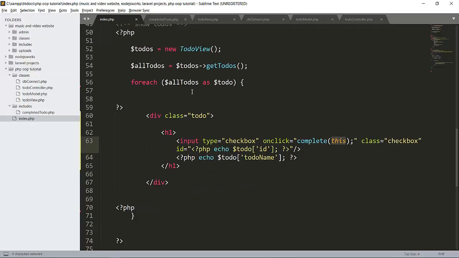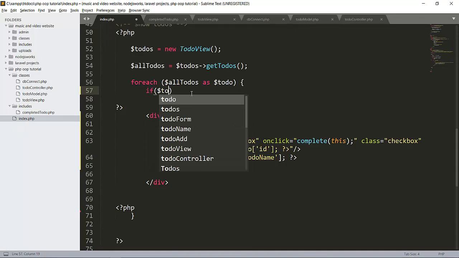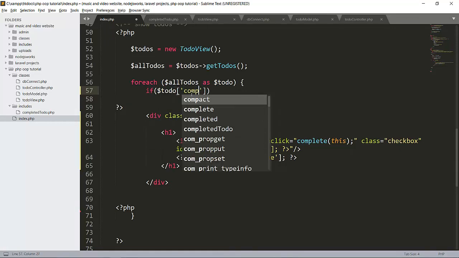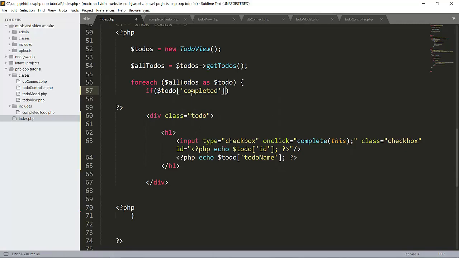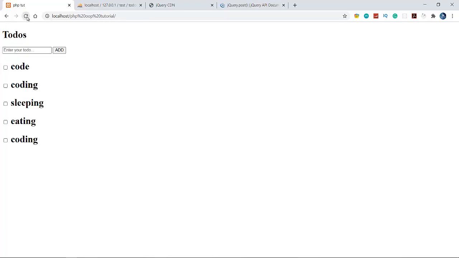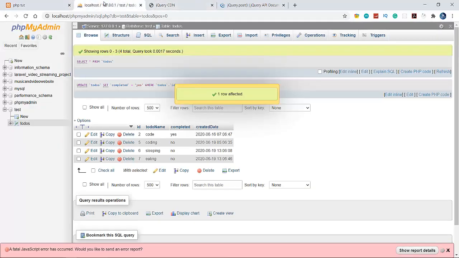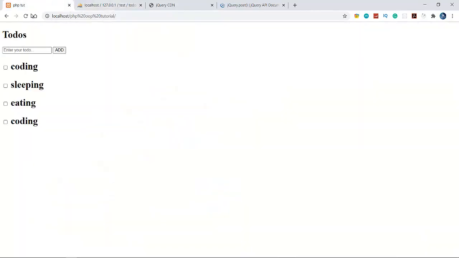To resolve this error, we need an if condition here: if $todo completed is not equal to yes, then we want to show our to do, otherwise the to do will not show. When I reload this, see that the code is gone because there is yes here. When I write no here, see that the code comes back.